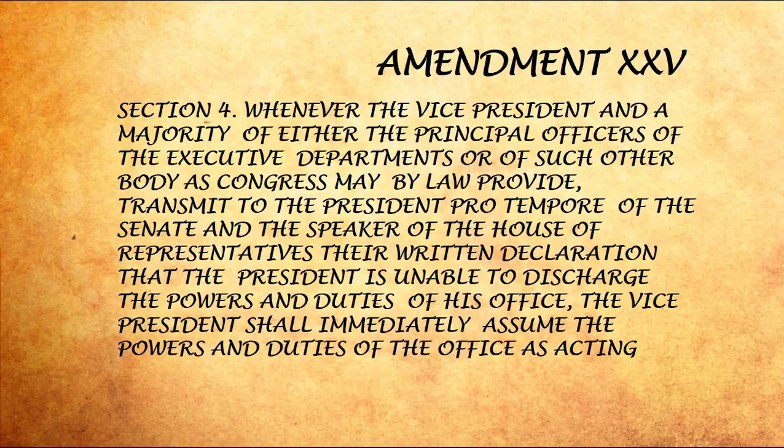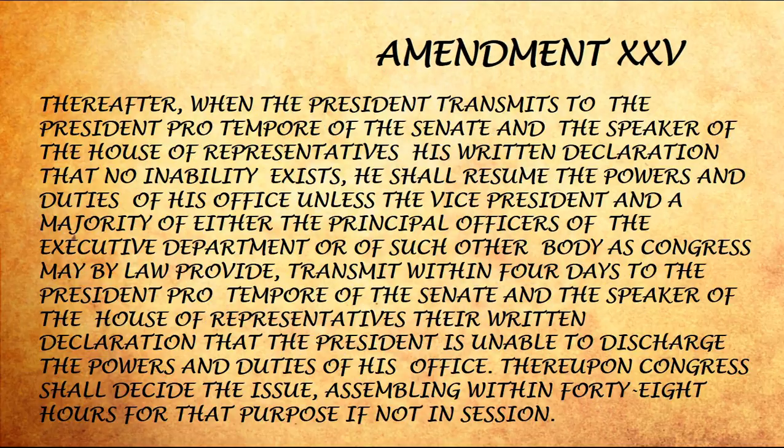Section 4. Whenever the Vice President and a majority of either the principal officers of the executive departments or of such other body as Congress may by law provide, transmit to the President pro tempore of the Senate and the Speaker of the House of Representatives their written declaration that the President is unable to discharge the powers and duties of his office, the Vice President shall immediately assume the powers and duties of the office as Acting President. Thereafter, when the President transmits to the President pro tempore of the Senate and the Speaker of the House of Representatives his written declaration that no inability exists,